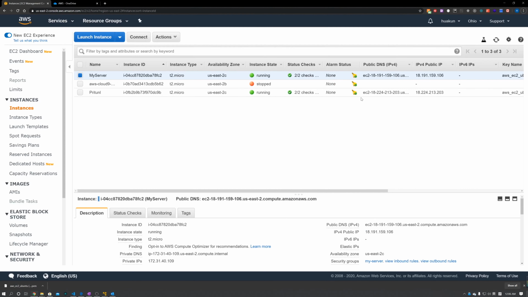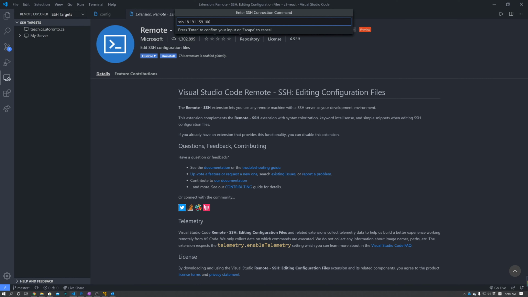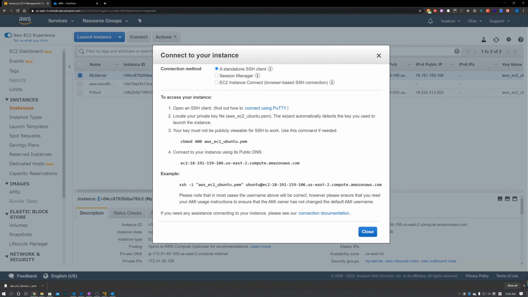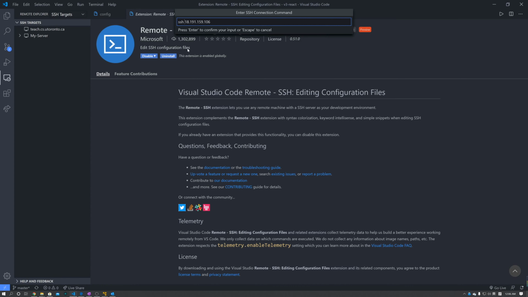For this part, you will need your server's IP address. So for me, I use AWS server, so I can find the IP address here. You can also use DNS. Other than your IP address, you will also need your username for your server. So I use a Ubuntu server on AWS. By default, the username is Ubuntu, so I'm gonna connect Ubuntu and add